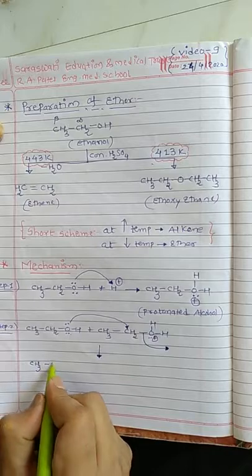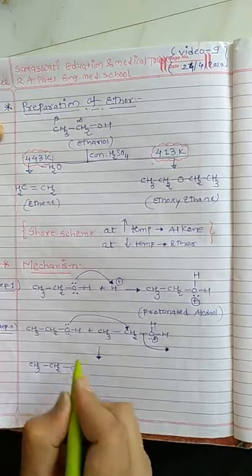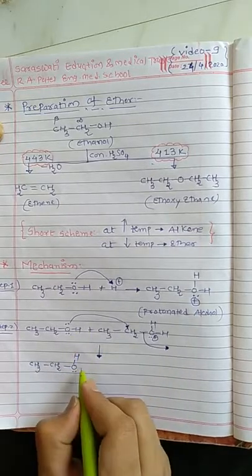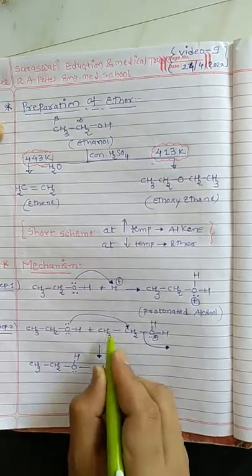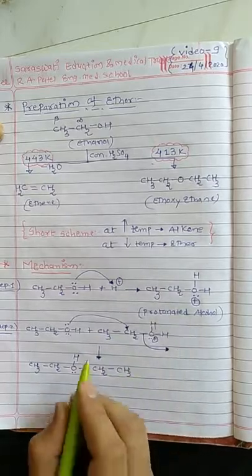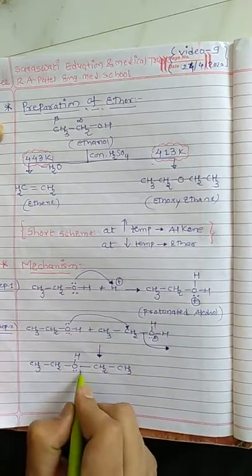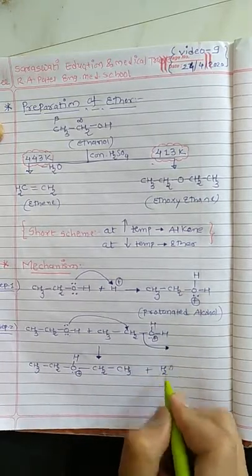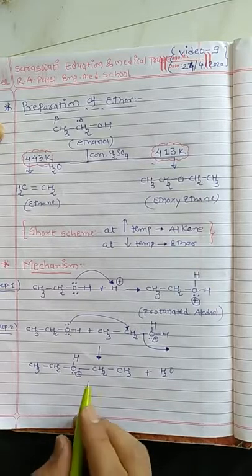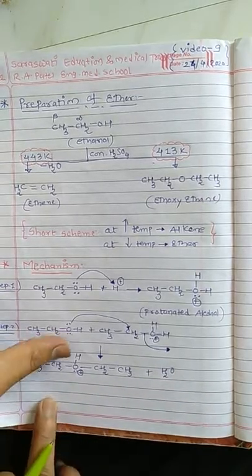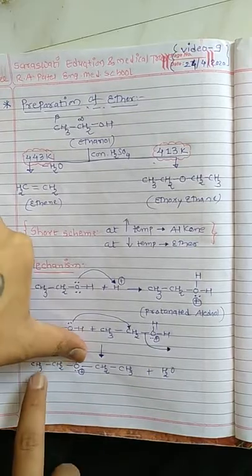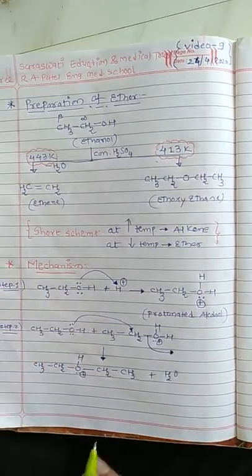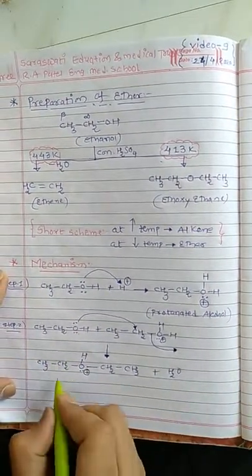So we get CH3 CH2, now oxygen has this hydrogen as it is, but this oxygen is connected with CH2, which is connected with CH3. Due to excess valency, oxygen has a positive charge, with loss of H2O. This is called protonated ether. Simply, suppose I remove this hydrogen, it looks like an R group, meaning an ether group, but in this species a hydrogen atom is present, that's why it is called protonated ether.